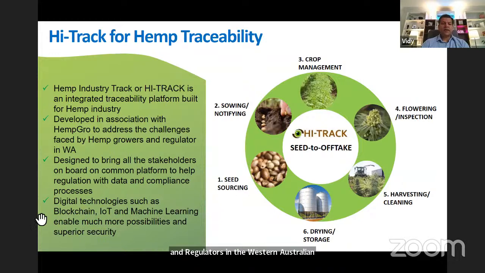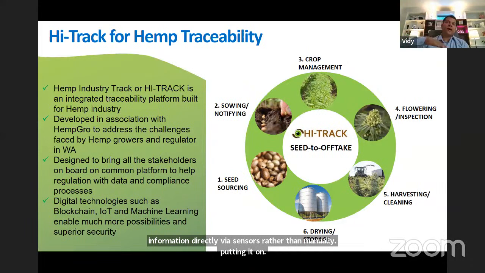In this case, the platform is IoT enabled, which means if the farm has sensors, which means the farm is automated, then we can collect a lot of this information directly via sensors rather than manually putting it on.